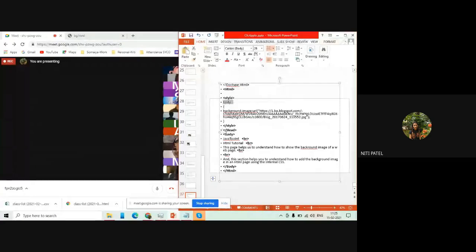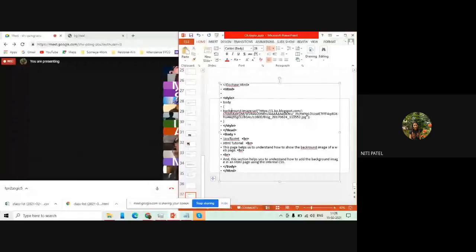Now, if you see in the body tag, I have not mentioned background over here. Why? Because I'm not adding it as a part of HTML. I'm going to add it separately as a style. So to add it separately as a style, you have to use the style tag. Open the style tag, close the style tag. Inside the style, you have to write body, open the body, mention the background image link, close the body, and then close the style. You add background-image and then the URL of the image.